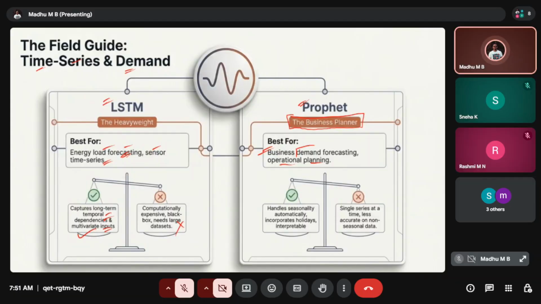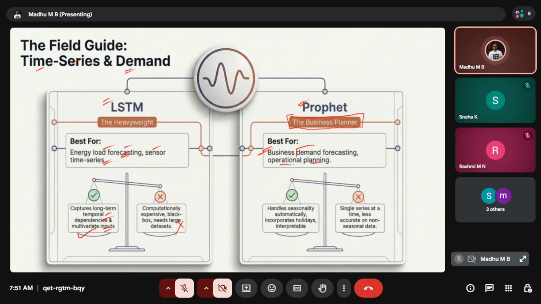So we don't have to analyze the data as a continuous series. When it comes to load forecasting, we have to analyze the data every second and every minute, right? But in the business it is not like that. It is seasonal, right? Usually decision making happens on a quarterly, half-yearly or yearly basis, right? For that reason, we have to choose this specific model, the Prophet model.